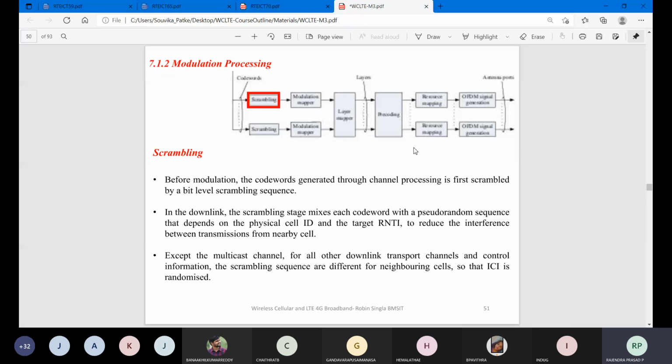You can understand that. Whatever code words are generated, a particular sequence number is attached so that they do not get mismatched. That is one reason. And one more reason is that I wanted to randomize the interference, to reduce the interference.